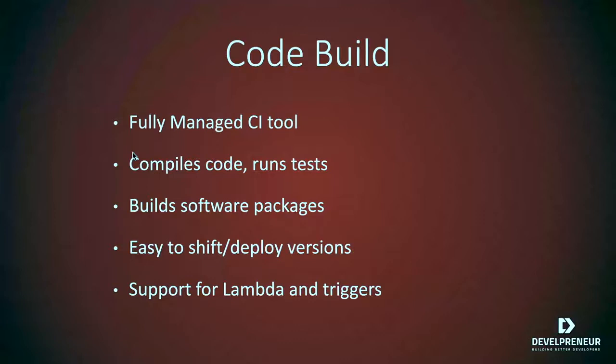So you can always roll back to that old software package, that prior package, if you wanted to do so for whatever reason. It makes it real easy for you to shift around to different versions. It makes it easy for you to deploy, because you can just pick from the list and go grab the files behind it. It does also have support for AWS Lambda and triggers,